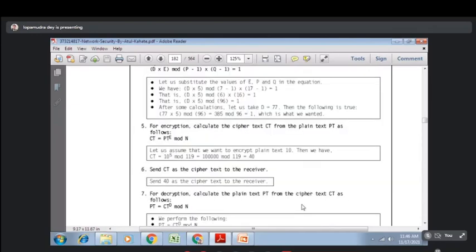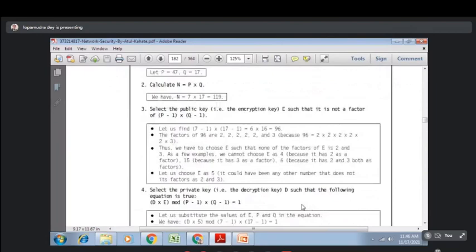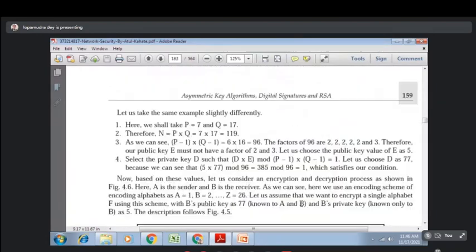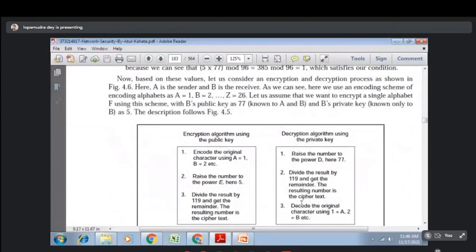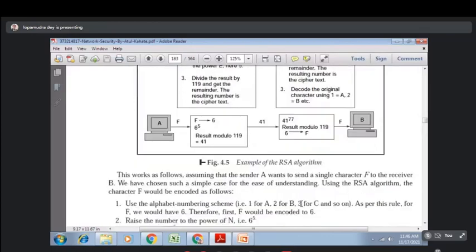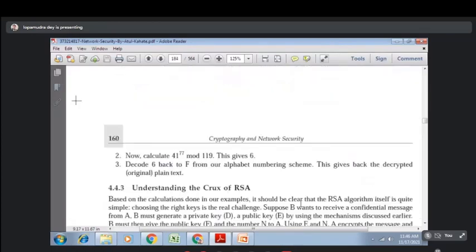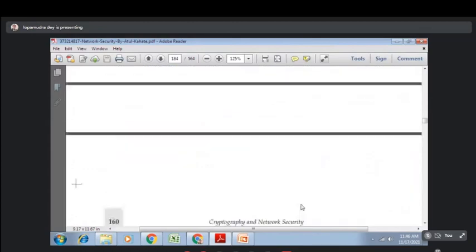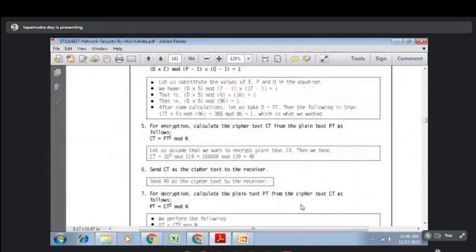So this is the RSA algorithm with the help of mathematical notations. Next class we will again do the RSA algorithm with the help of another question, so that you can get the idea of how you can generate this public key and private key, and how these factors can be generated so that this formula is true. This is the biggest problem of the RSA algorithm, where you have to calculate that the decryption key into encryption key mod of P minus 1 into Q minus 1 equals 1. How this can be calculated, we will do in our next class.